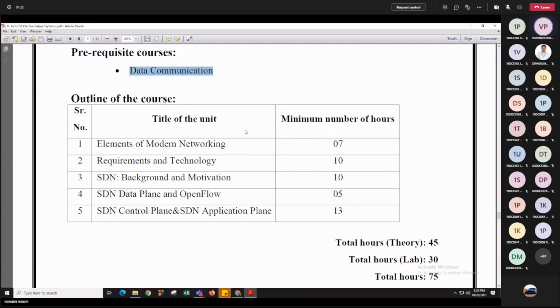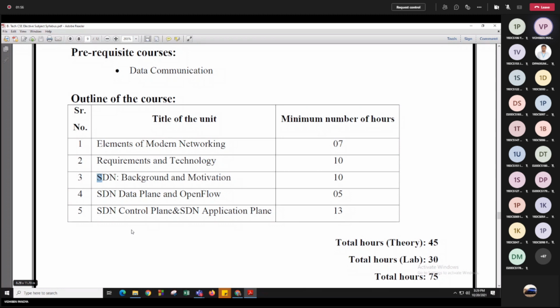So basically in this subject, you are going to learn about SDN. SDN stands for Software Defined Network. In basic, traditional networking, what happens? We have a one tier architecture of a network. That means whatever is to be done will be handled by the networking device only. The networking device is the only one responsible for data transmission as well as for the controlling purpose, for error detection, flow control, error control, everything.